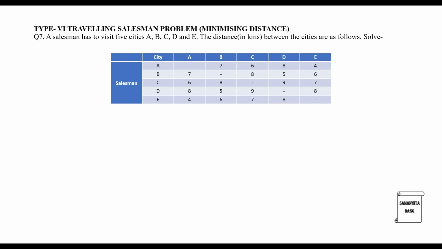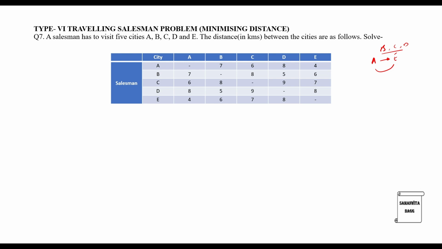Here, what we are trying to do is minimize the distance for a salesman who has to travel through various cities. Say it is going through these cities A to E, not necessarily in this order. When a salesman has to go from a particular city to another city, he has to go through the cities B, C and D in some particular order. So we will try to find out the shortest path the salesman is going to take to reach from his source to the destination city.